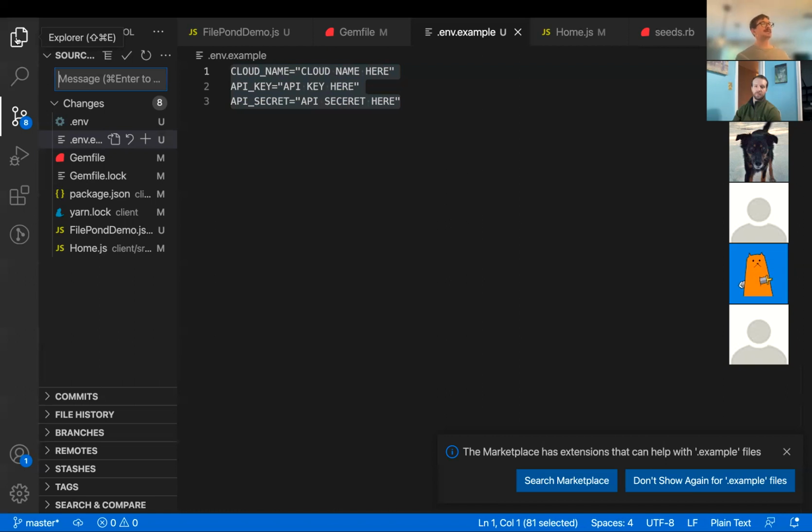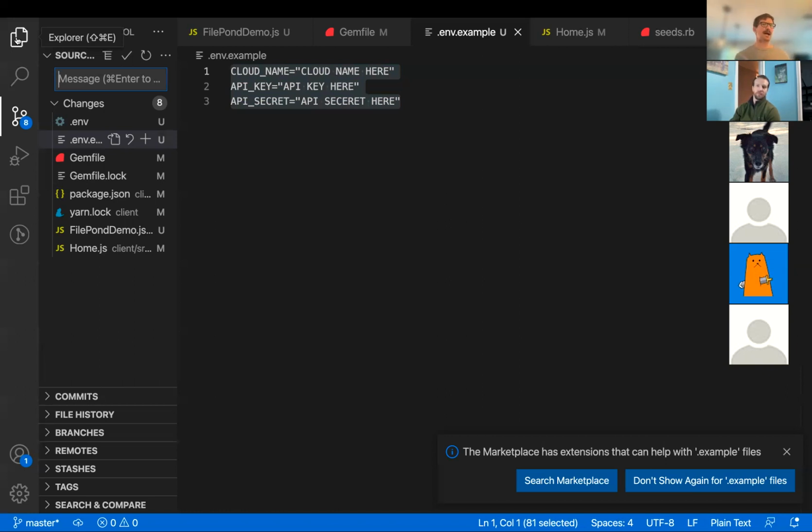That means anyone, including a program someone wrote, could go in and find these keys to my Cloudinary. I would be most concerned about pushing this to GitHub because there are crawlers that probably look through repos to find keys. Once again, I wouldn't be super worried about it, but